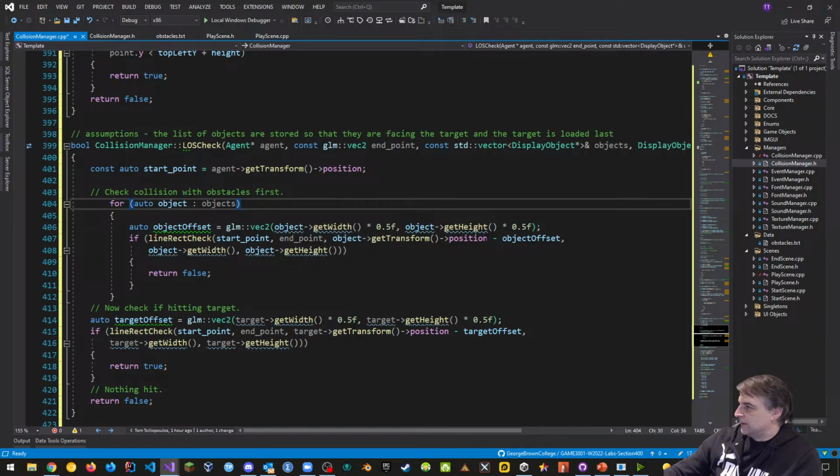And if you notice, line rect check goes from the line start to line end, and that's the first line. And then from line start, rect width, rect height. So this is the rectangle. The third and fourth parameter is the rectangle itself. So start and end, the start of the rectangle, which is this part right here, object, which is the current object, position minus the object offset, so the middle of the object, and then the width and the height of that object.